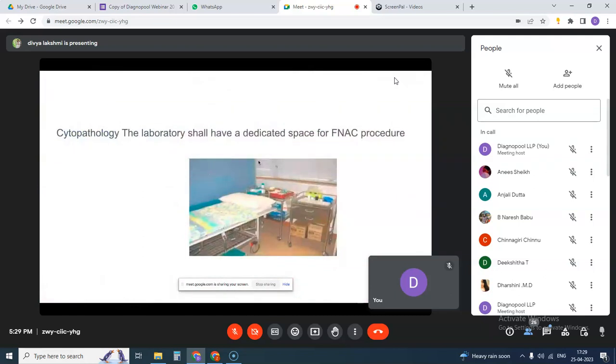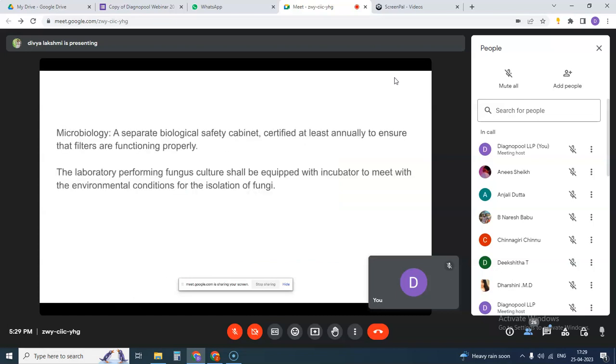The FNAC room will have an examination cot and a separate table for slide preparation. So this is a small room which will require only an examination cot and a table for handling the slides. If microbiology, especially if cultures are reported, you should have a separate biological safety cabinet which is certified